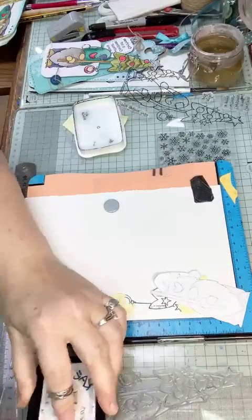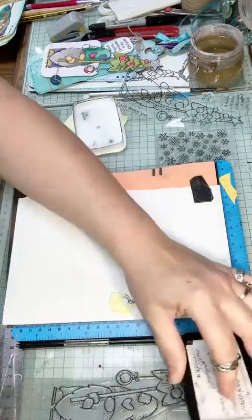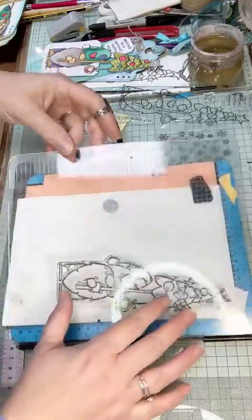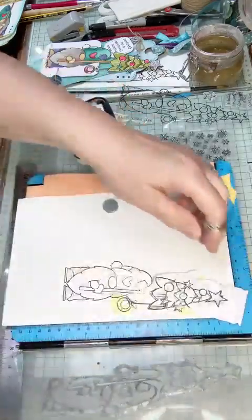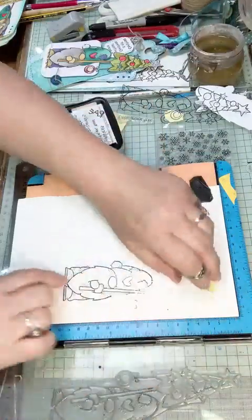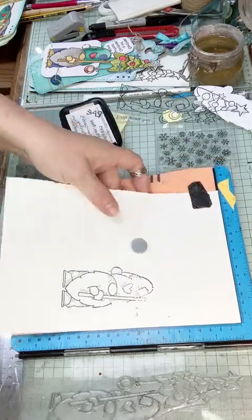Okay, I'm going to do this bit quickly. One of the nice things is it's quite quick and easy to just stamp and cut around. It's not too complicated, so you don't have lots of bits you don't want. Right, so here is my nice little gnome. Take my bit out,